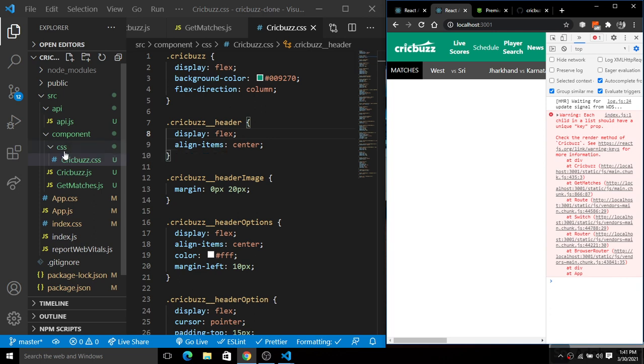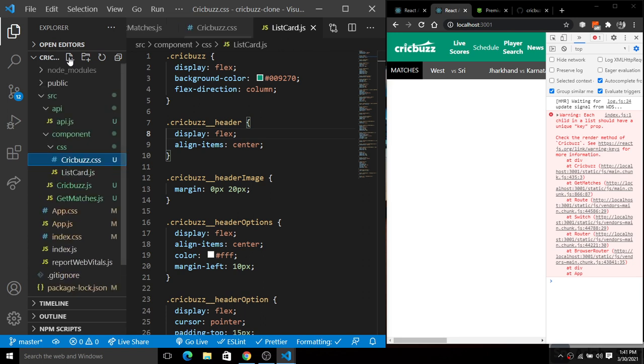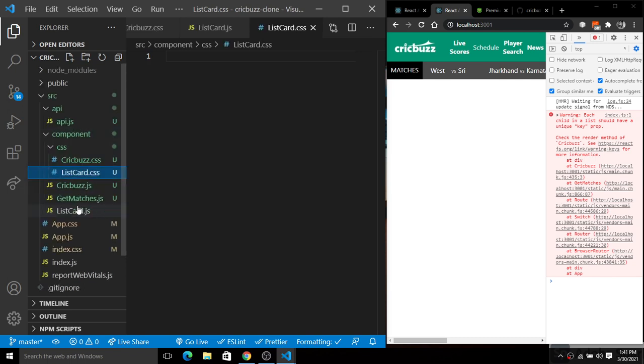Inside of this, we'll create a component here for the list card item. For this we have listcard.js and listcard.css. I'm going to create listcard.css, right? So grab this JS and bring it back there.